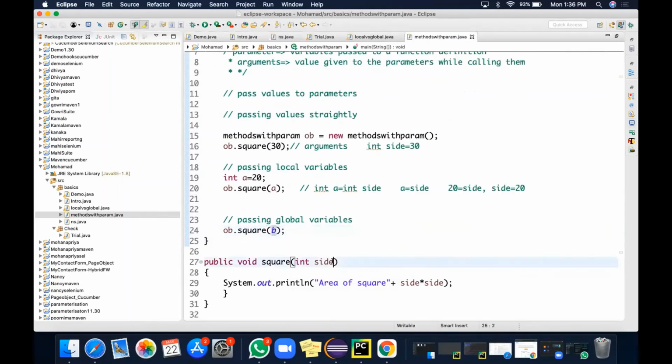It is not limited to one number. You can have any number of parameters here. Okay, let's try this one. Create a simple method with one parameter or two parameters. It's up to you. It is not limited to one or two like that. Create a simple method. You can have a static method too. That's up to you. And pass a value to it. Let's try that now. Share your screen and let's try this.